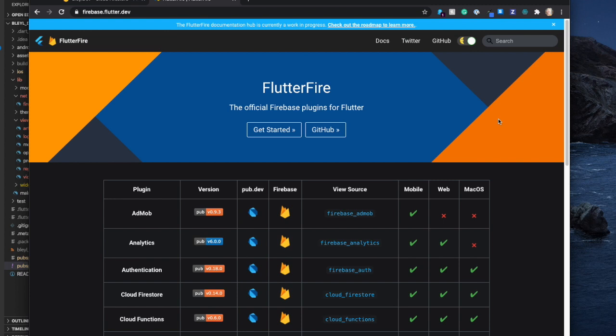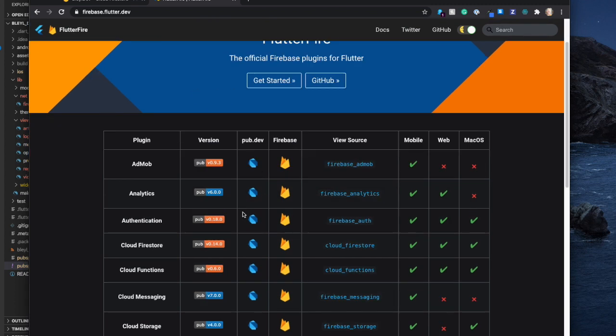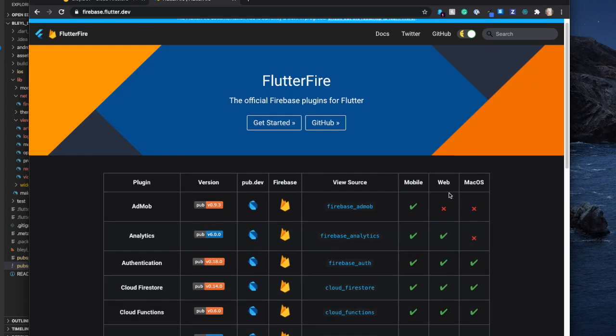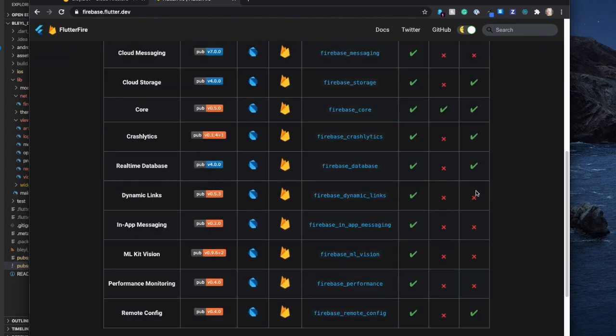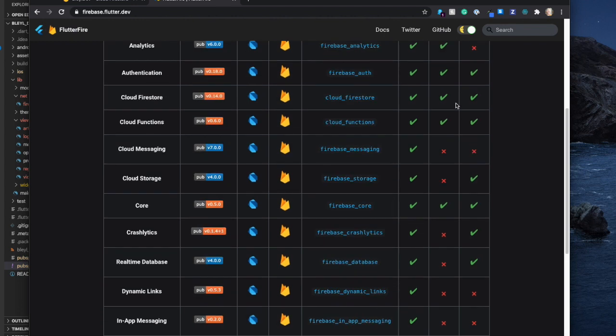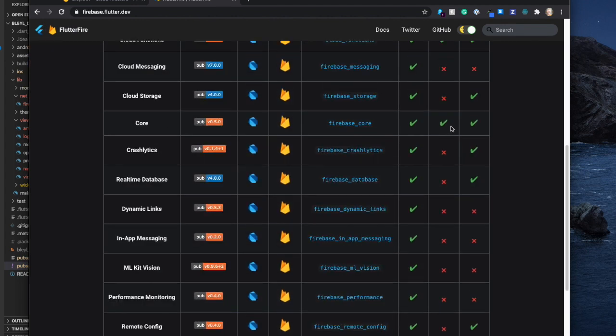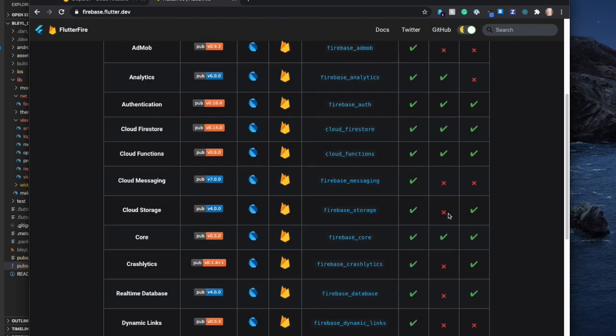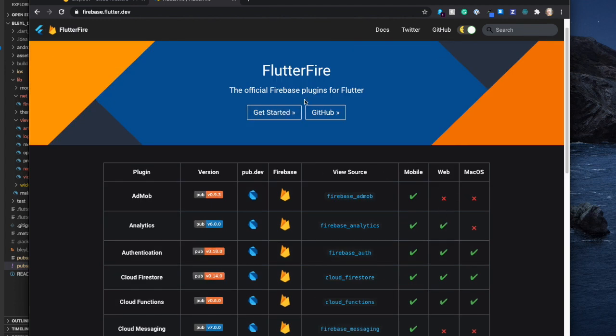So if you haven't seen, Flutter and Firebase created FlutterFire. It's a documentation website where you can see all the information regarding every Firebase plugin for Flutter. And this includes web and Mac OS support as well. Clearly right now there's not a lot of documentation and availability for web and Mac OS. It's mainly just for mobile at the moment, but it's something that they have voiced that they are working on,